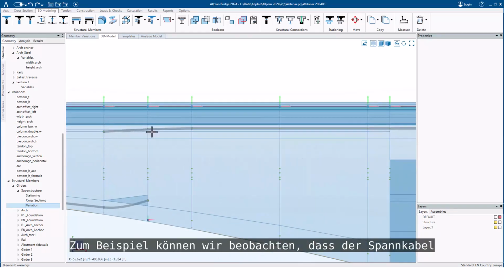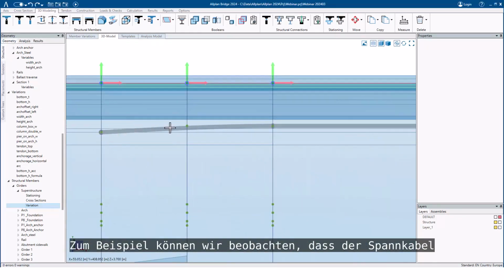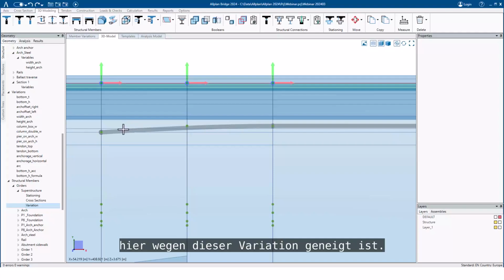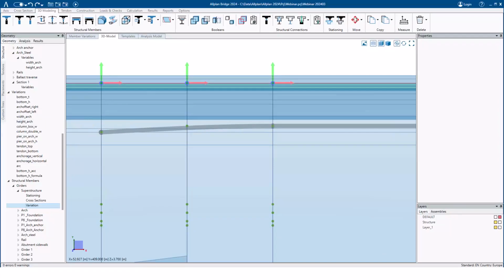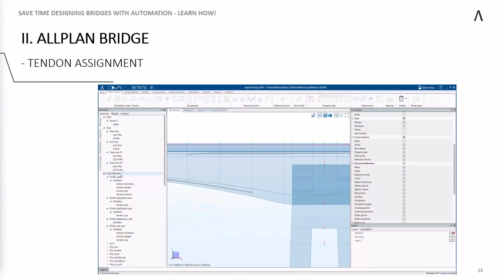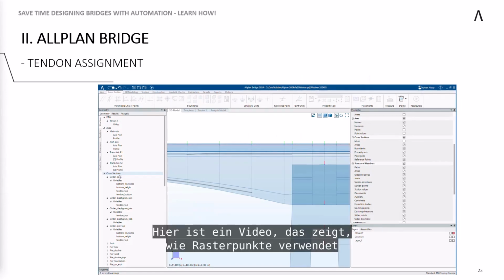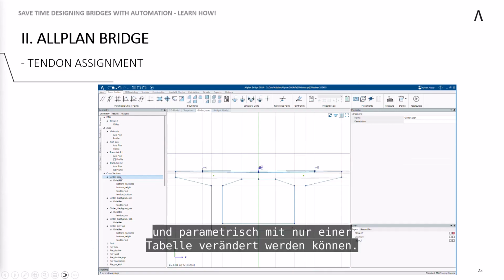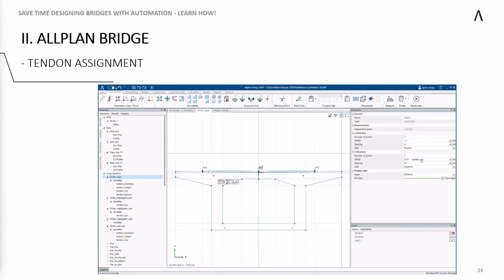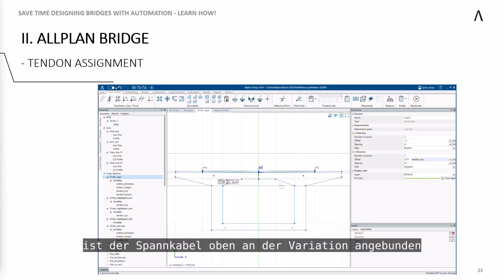For example, we can observe the tendon here is inclining because of this variation. Here is a video showing how grid points can be used and changed parametrically with just one table. As I showed in the previous model, the tendon top is attached to the variation,